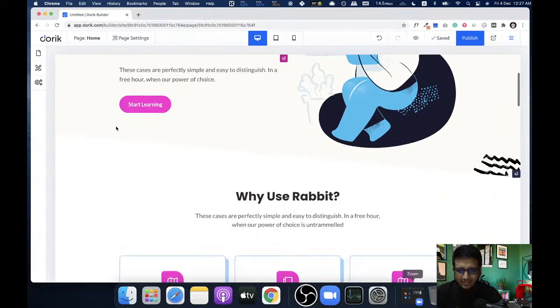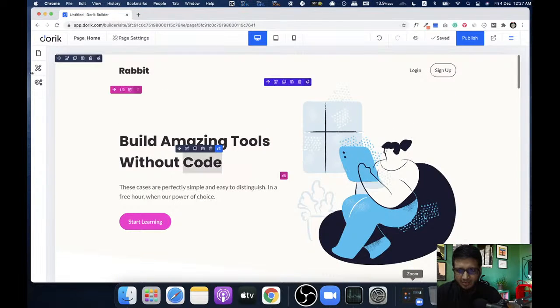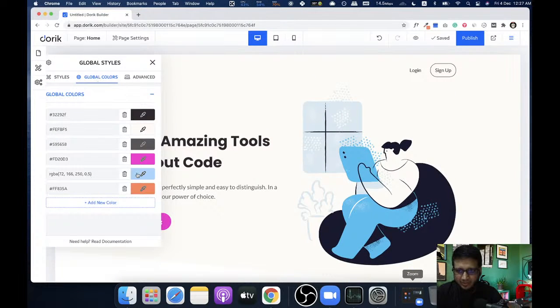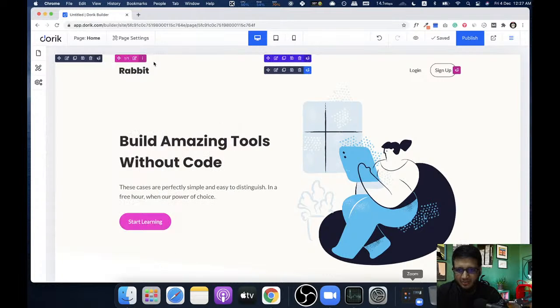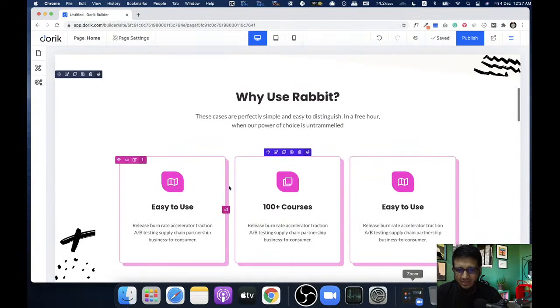And we have used another color here. I'm going to change it to something like green, or pink. So now you can see this also changed.